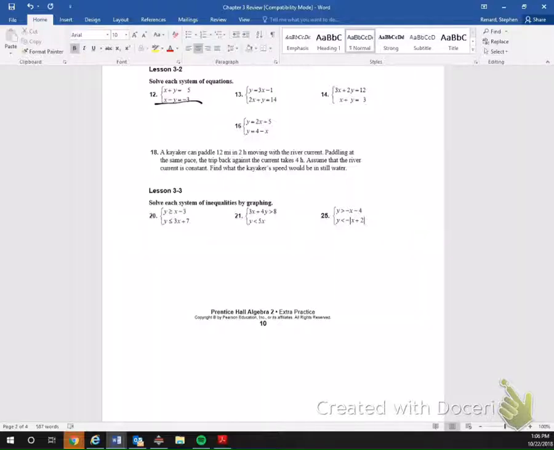Anyway, okay. So now we're solving each system of equations. So I'm not putting restrictions on you guys. You can do this by graphing. You guys can do this by substitution or elimination. Okay? So for number 12, where I have x plus y equals 5 and x minus y equals negative 3,